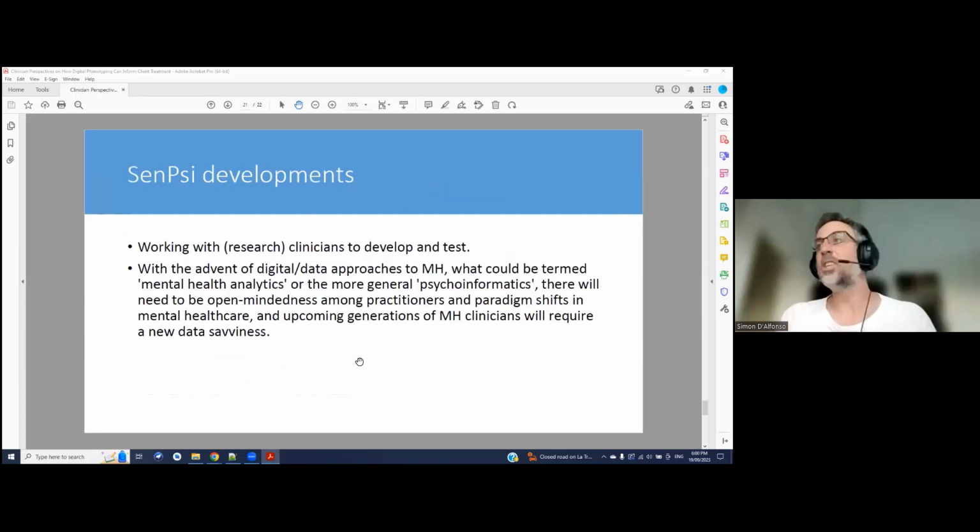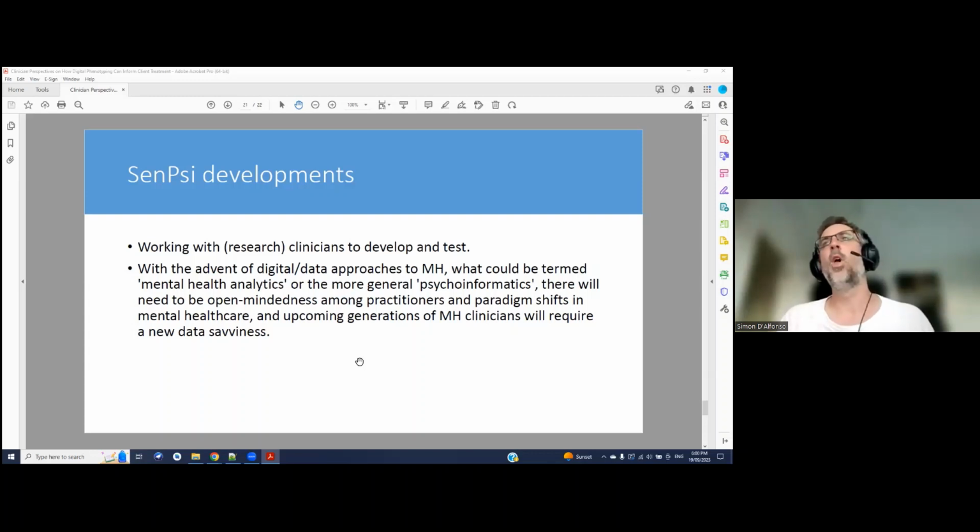Final note on some SenPsi developments. We're working with research clinicians at this stage to develop and test this platform. We have a very rough prototype of the dashboard web platform at the moment, but that needs further work that we're hoping to continue. And a final point I'd like to make is that with the advent of digital data approaches